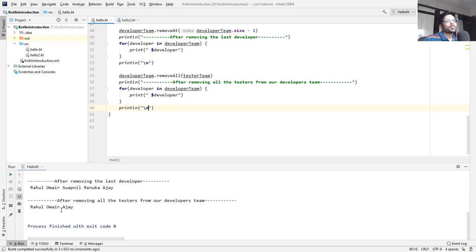Now because of some better opportunity, a tester named Prashant has left the company and has been replaced by Ramesh. So let's do that.